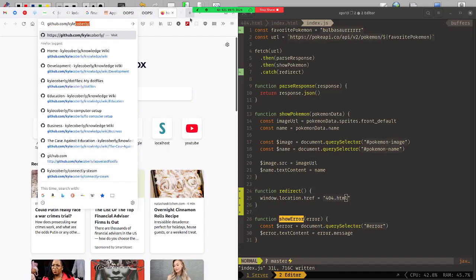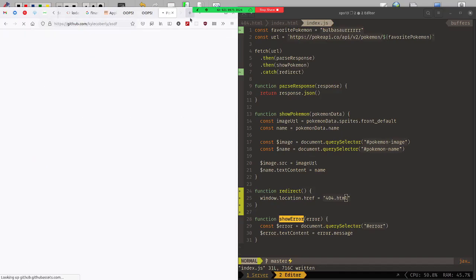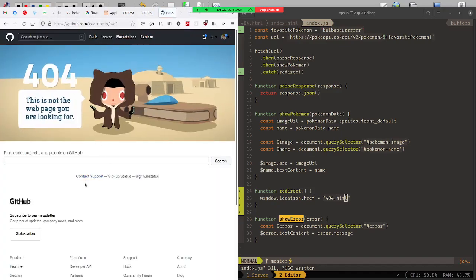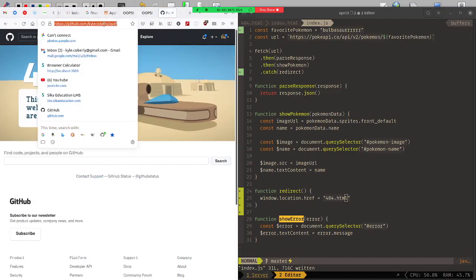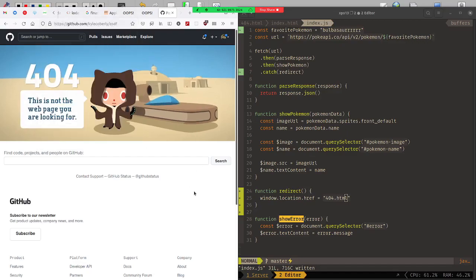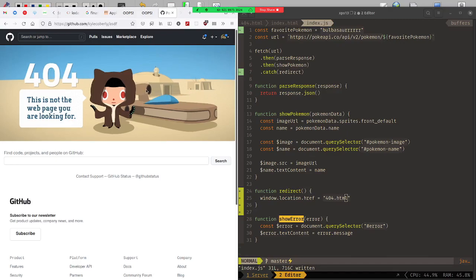GitHub, Kyle Coberly, ASDF. Now, what it did is it didn't change the URL. This is a totally different page, though. Doesn't have anything to do with any other thing. Now, GitHub is also like an app, and so there's some more complicated ways because it's a single page app. Well, actually, that's not all the way true. It's mostly a Rails app, but